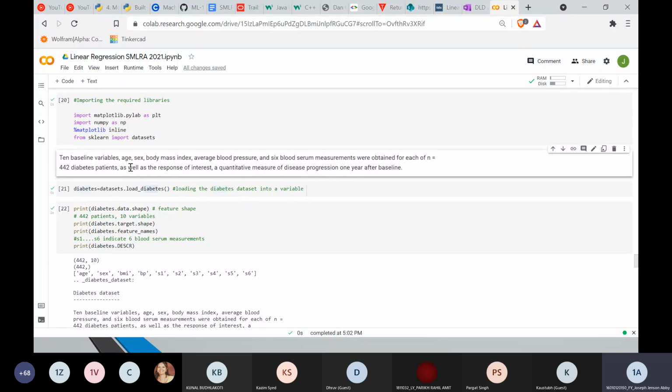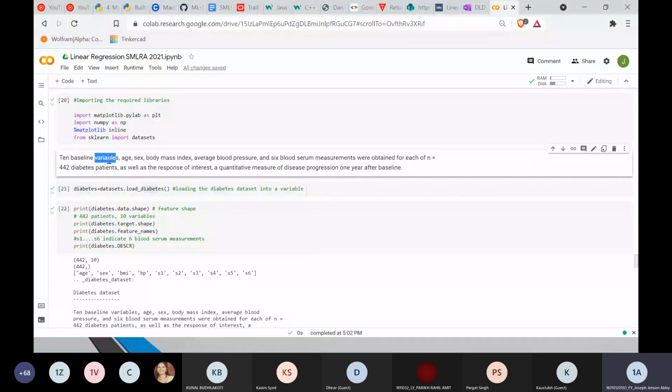So the y value is quantified as the response of interest. We are basically measuring how bad the diabetes is, based on the response of interest, which might be a medical term. All right. You know that there is stage 1 diabetes, stage 2 diabetes, pre-diabetes, right? We have gone out and done a survey and got the data. We have created the model, that is, the linear regression line, and we have variables now. How many variables do we have?